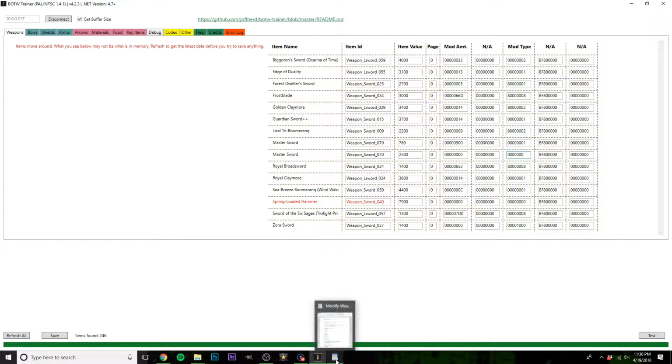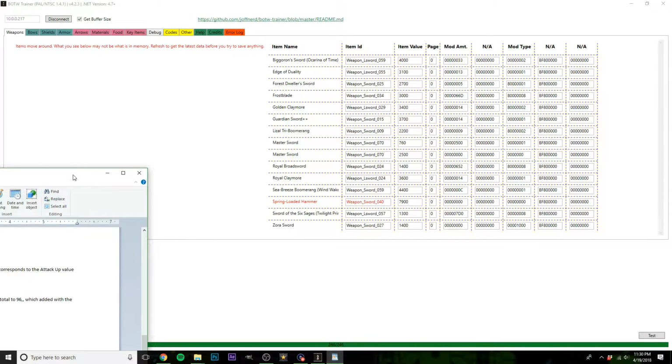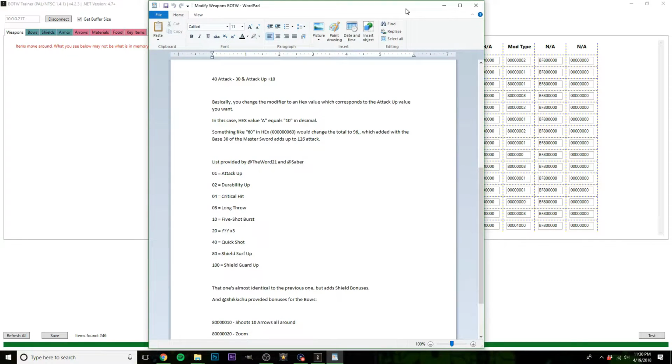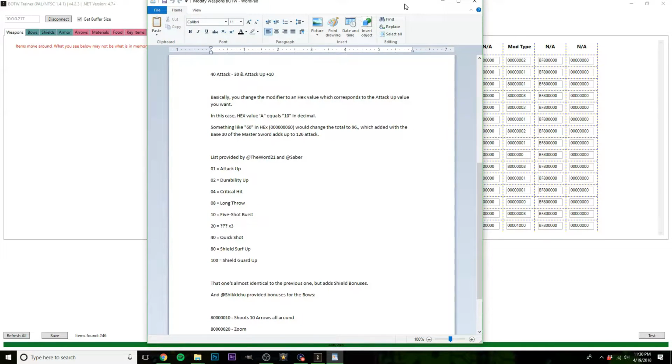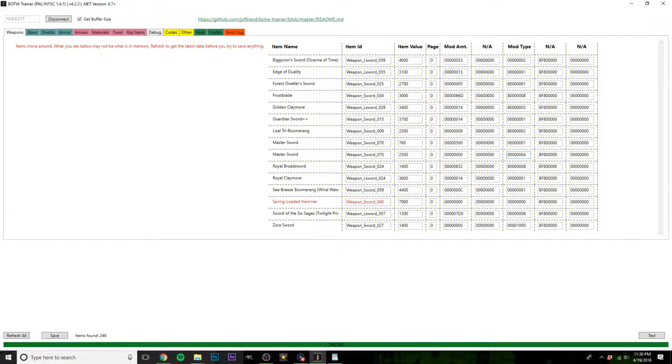We'll change something else so you can tell the difference. We'll go with critical hit 0-4. Right here 0-4, and then mod amount we'll do 500. There we go. Save